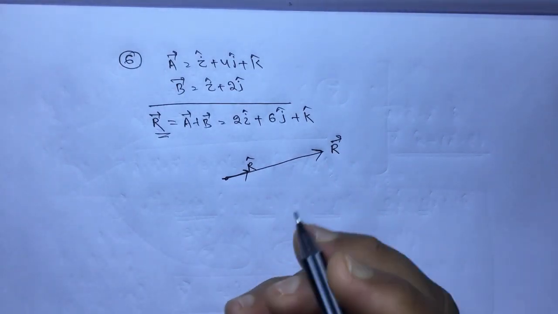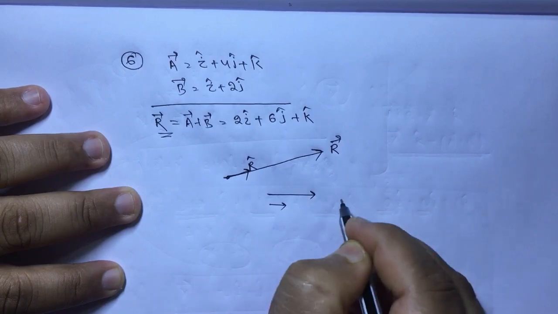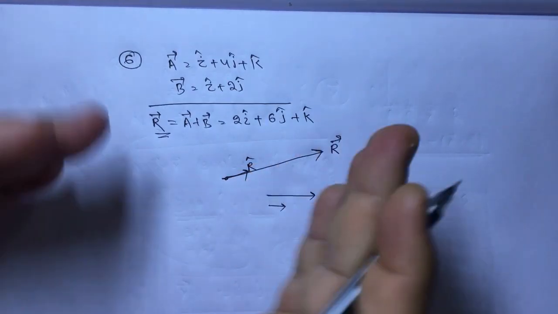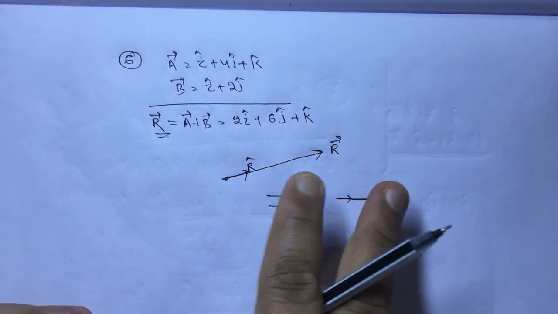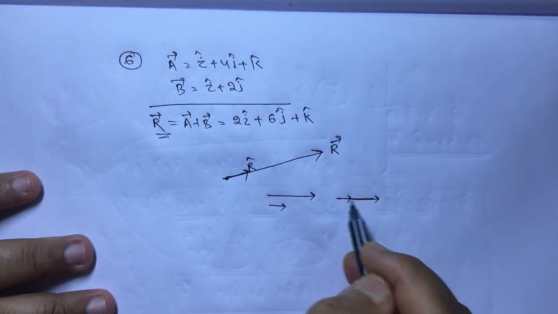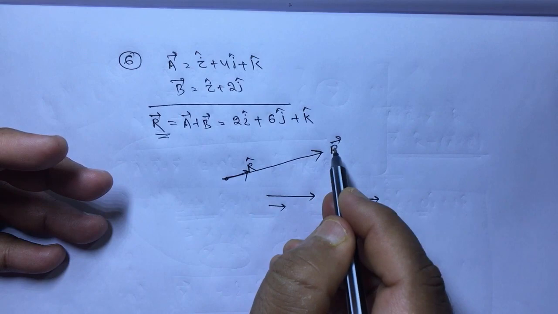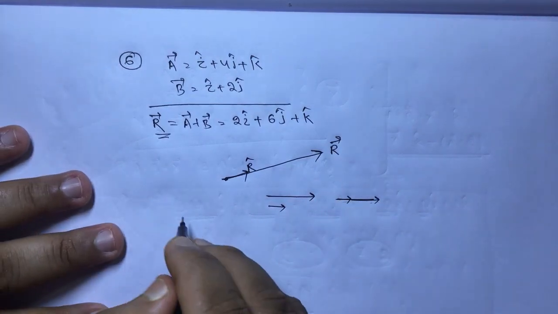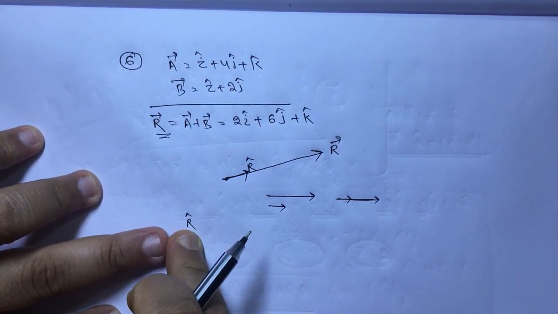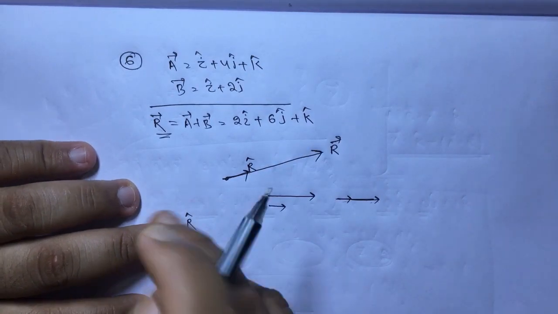Obviously, what is the meaning of parallel vector? As we have defined, parallel vector means if this is a vector and this is a vector, they are parallel, or even this is a vector, this is a vector, they are parallel. Because parallel vectors does not mean parallel lines. Parallel vector means two vectors having the same direction. So, these two vectors are also having the same direction. These two vectors are also having the same direction. Okay. So, r cap and r vector are parallel to each other. Yes or no? So, let us simply find r cap. If you find r cap, then that will be a vector parallel to the resultant vector.